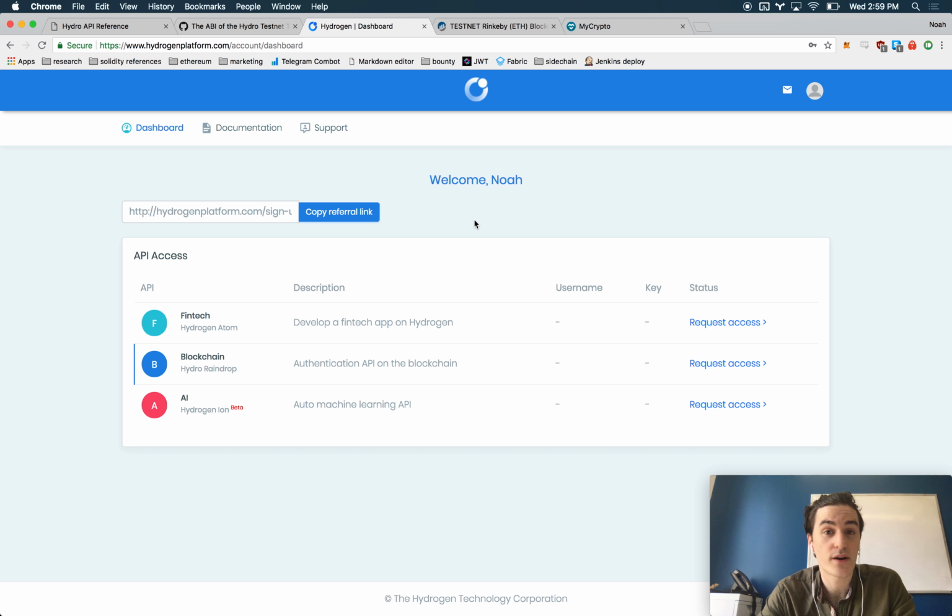Today I'm going to be walking you through server-side Raindrop. Server-side Raindrop is a product that we created to secure access to and protect large shared resources, such as APIs and databases. Before we jump into the specifics, let's talk a little bit about authenticating with the API and interacting